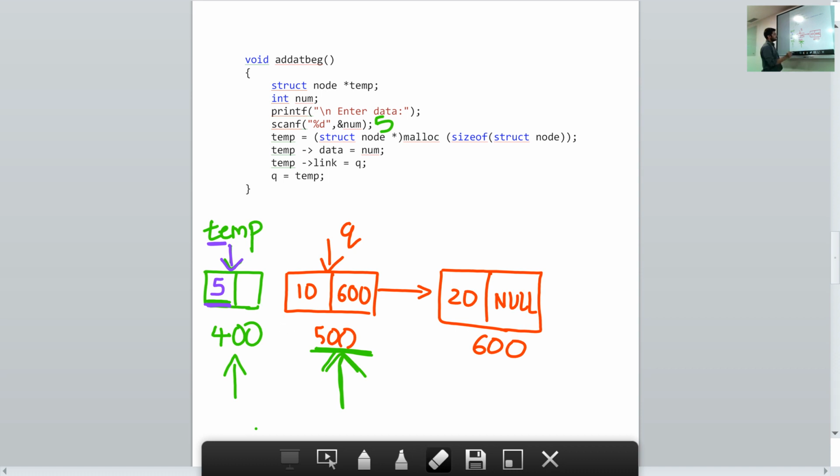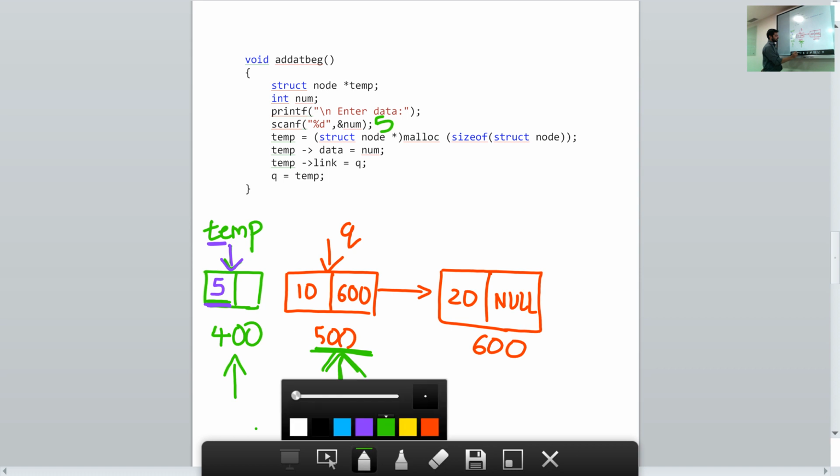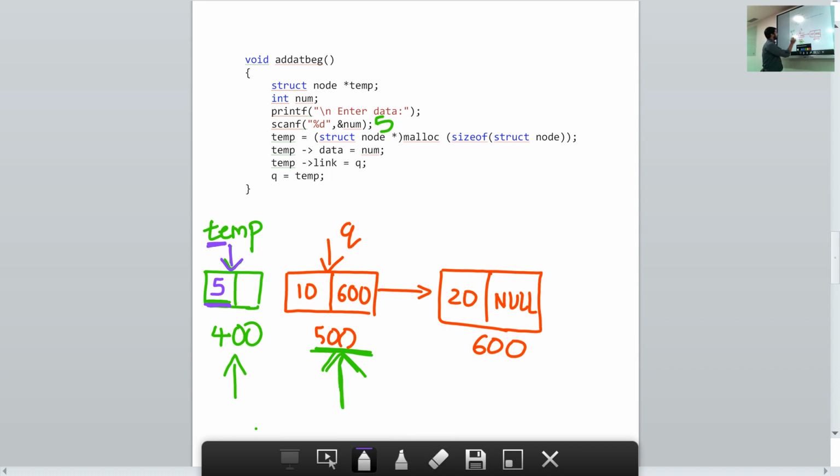To link it, I refer to this as temp arrow link. So this is the link part, temp arrow link, and I want the value 500 to be stored here. Now where is the value 500 stored?